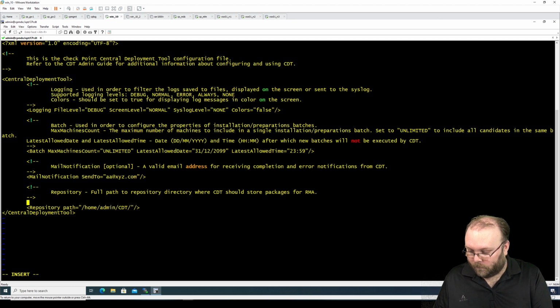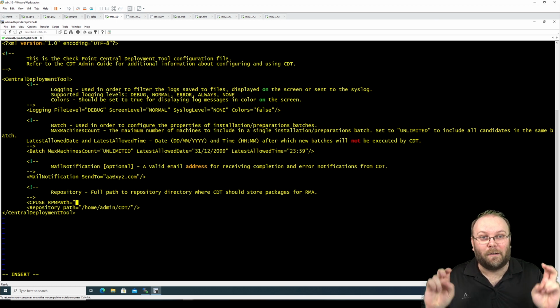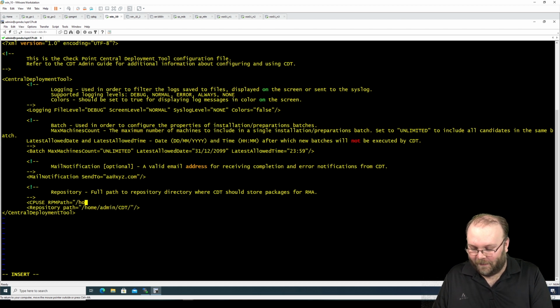CPU's RPM path equals to that one. I don't know what that one is called. And then home admin CDT, and then we do CP DA 0000